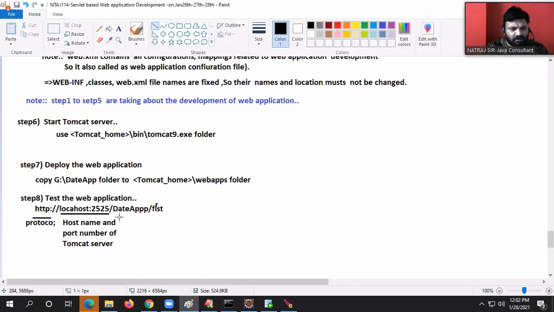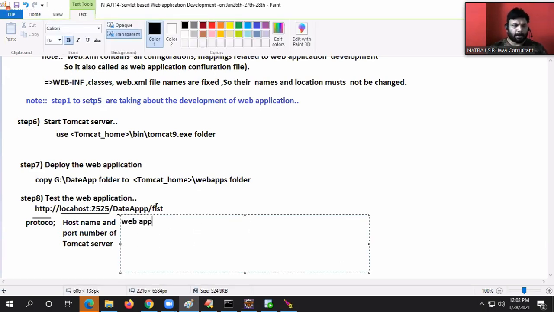This is called the web application name, context path, and context root. Also called as context root.